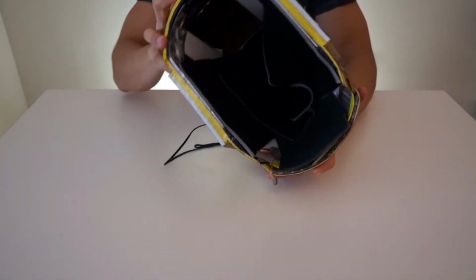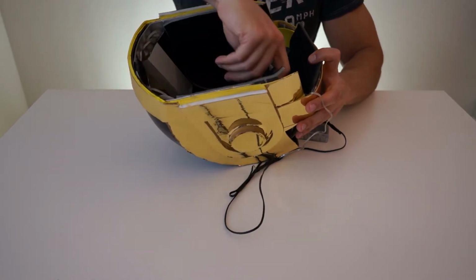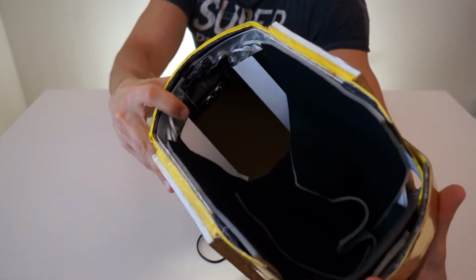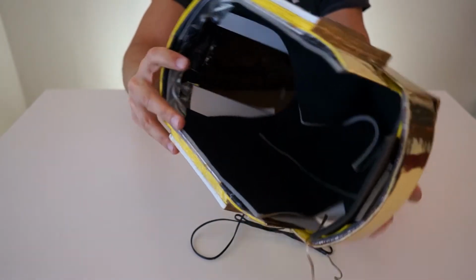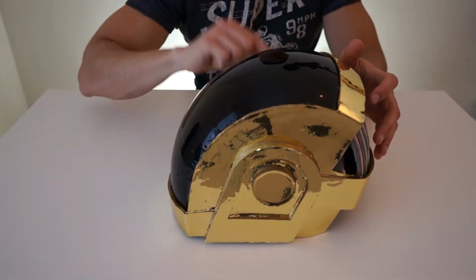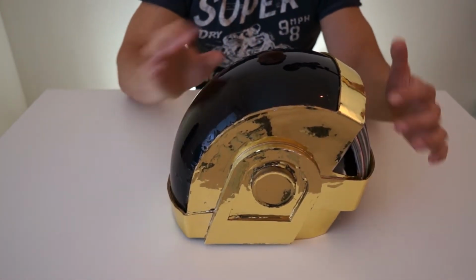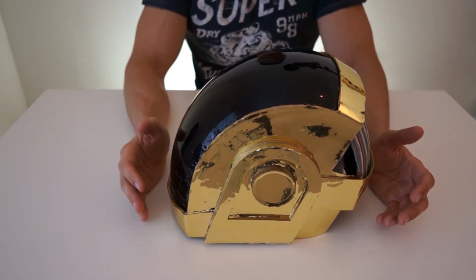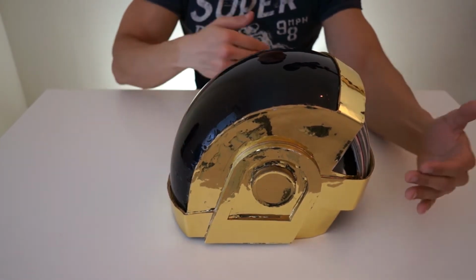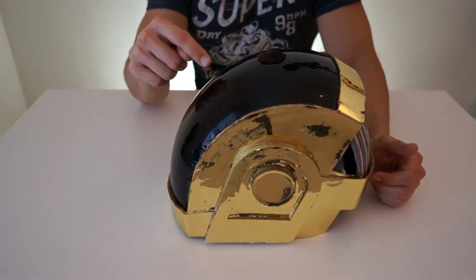Then what I did was, it's a little hard to see. Let me see if I can peel back. Well, this is going to be tricky. You might be able to see here. What I did was I built a really basic aluminum frame. And so it's an aluminum strap that goes this way and over the top. And then I have a piece inside too, so I could put padding for the helmet part. But I just built a very basic aluminum frame to hold everything together. That way I could glue the lens onto the frame and the sides onto the frame. After I bent the